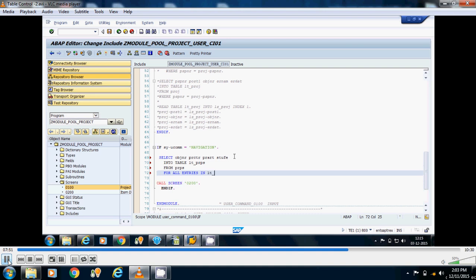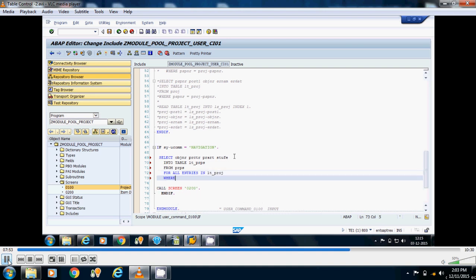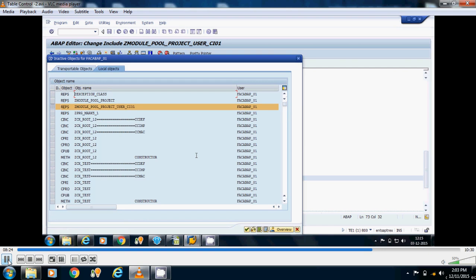For all entries in lt_proj, and as we discussed in the previous session, PSPNR of the PROJ table is equal to PSPHI of the PRPS table. Now I am checking the syntax. Now I am activating it.